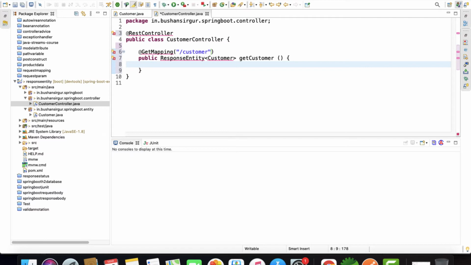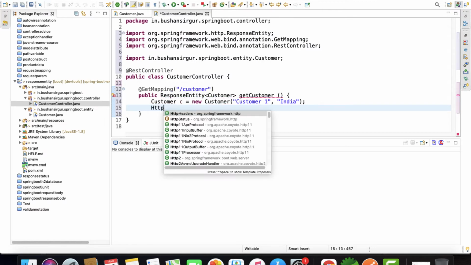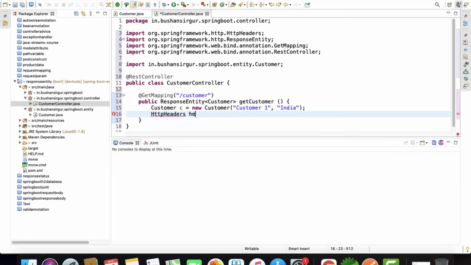So inside this, let's quickly create the customer object. Customer c is equal to new Customer. So let's pass the customer name and the location. Now let's import the annotations, and now let's quickly create the HttpHeaders. HttpHeaders, I'm going to call this headers, new HttpHeaders.